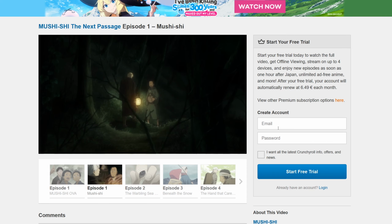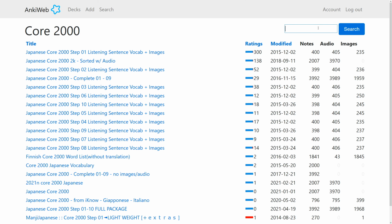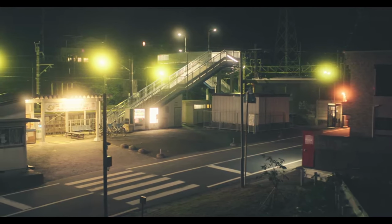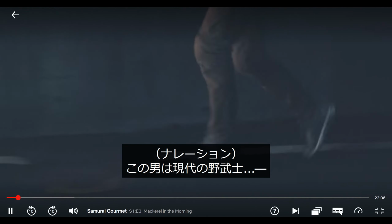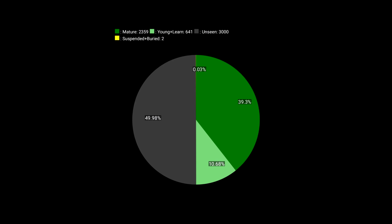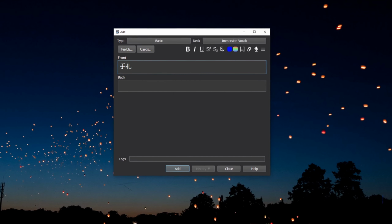This is actually one of the reasons why it's a good idea to only use a pre-made deck for about the first 1,000 to 3,000 words for the sake of building a foundation. And after that, you can start making your own cards through the content that you're immersing with. This way, you'll save a lot of time by already having built a basic foundation which makes immersion more enjoyable and valuable. And now that you're ready to make your own cards,